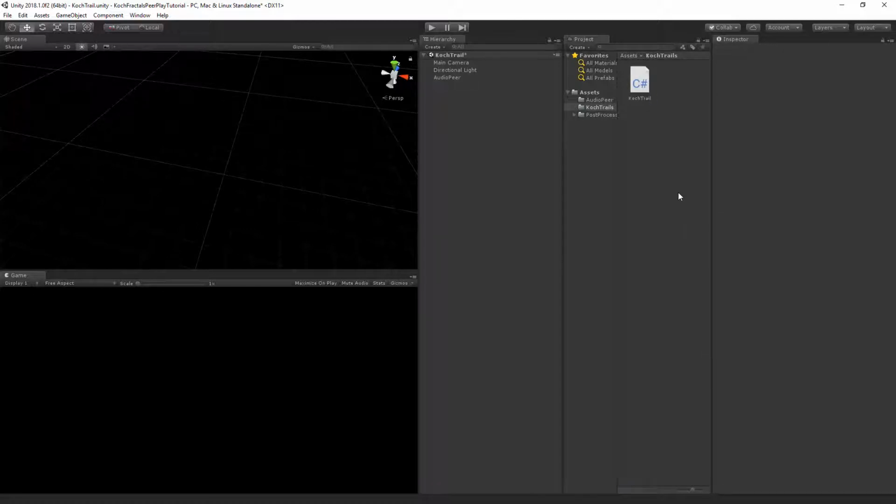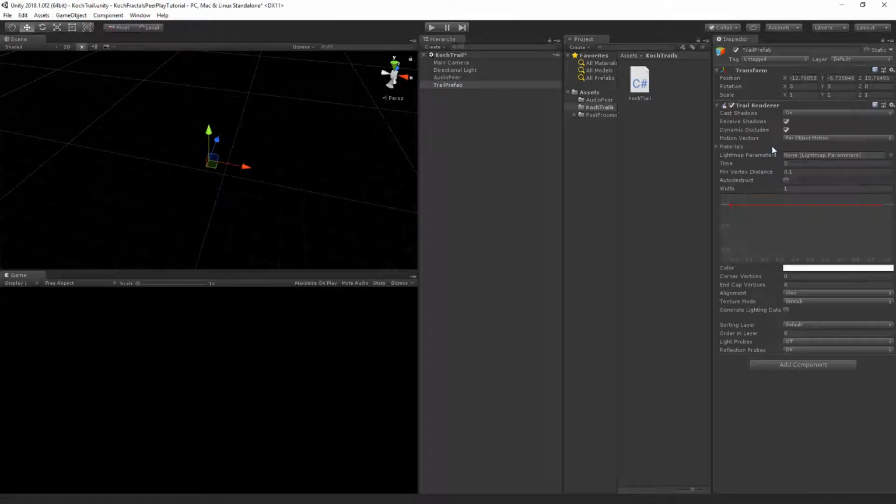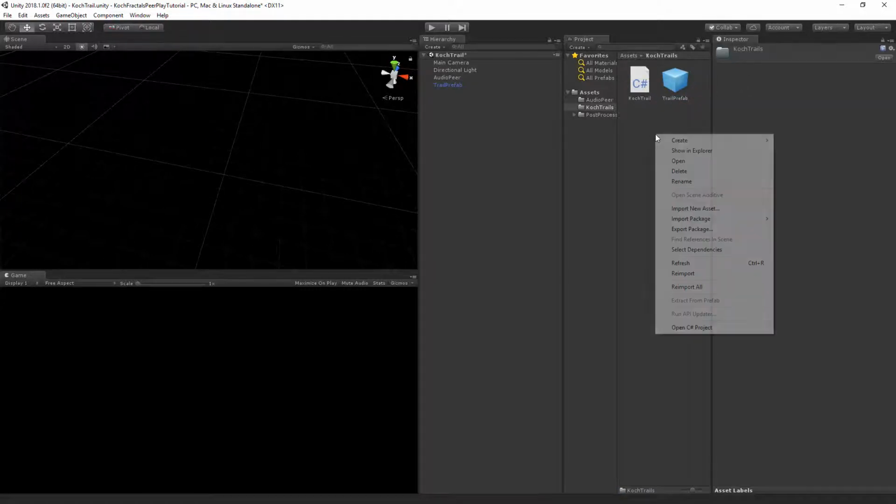Now we're going to create a prefab that contains a trail renderer that we can instantiate with the Koch trail script. So let's create an empty game object, and we're going to rename this to trail prefab. And we'll add a trail renderer component to this. Now we're going to save this as a prefab, so drag and drop this into the folder, and there we've got our prefab. Now let's also create a new material,